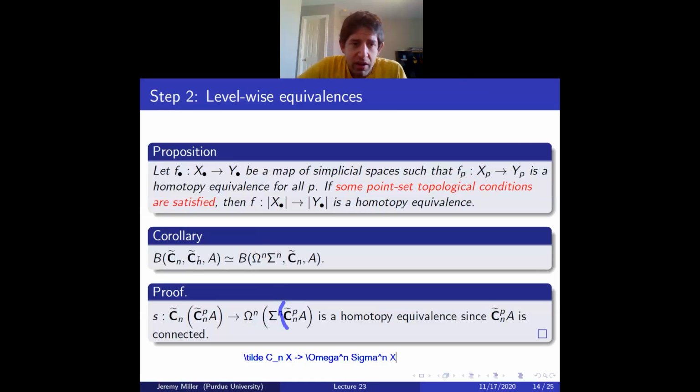And so then you just need to know that if you have a map of simplicial spaces and it's an equivalence on the space of p-simplices for all p, then it'll induce an equivalence on the geometric realization. Oh yeah, and I'm not going to prove everything here, so you maybe wouldn't have noticed if I had lied, but